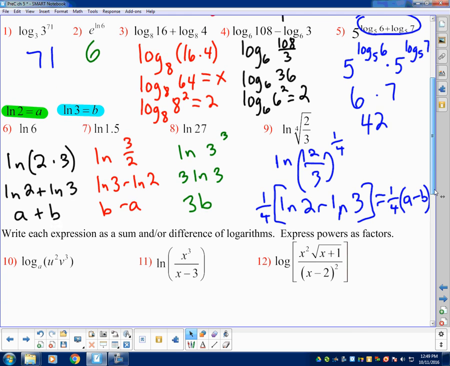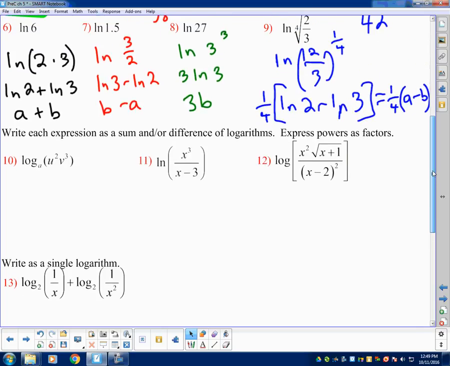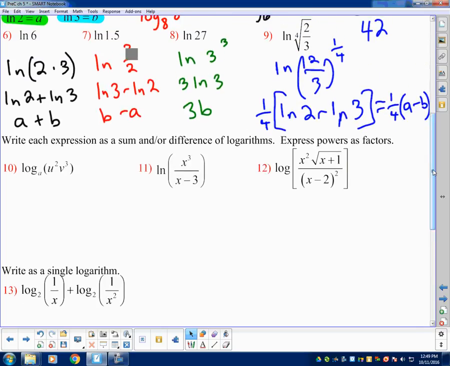So you're going to be asked not only to find exact values, but also to take some logarithmic expressions and rewrite them using those laws. That's all you're going to do. Those basically 6 laws of logarithms to rewrite things or to evaluate things. And all of it can be done on your calculator. I understand that you could take any of these, type it into your calculator, get a decimal approximation. But we're just working on understanding these laws and basic